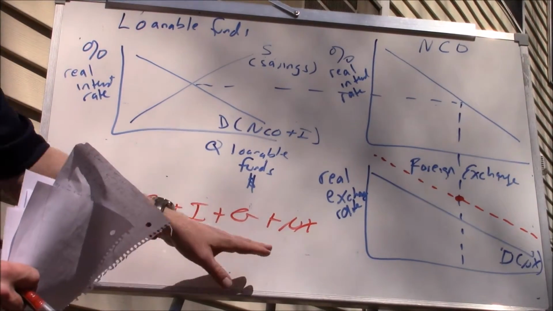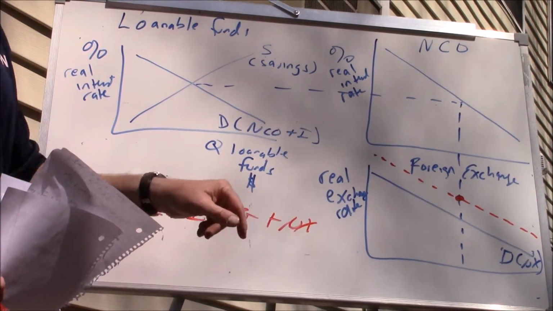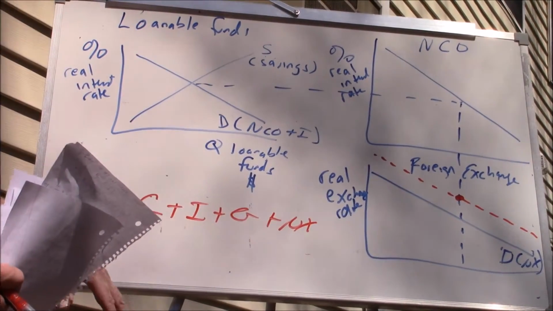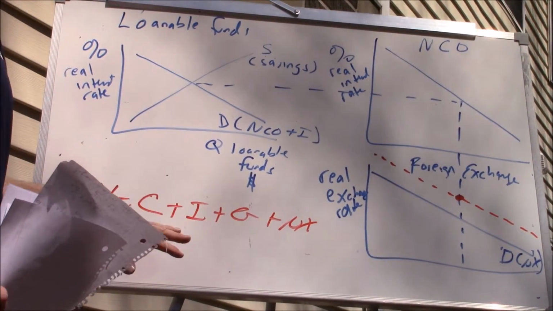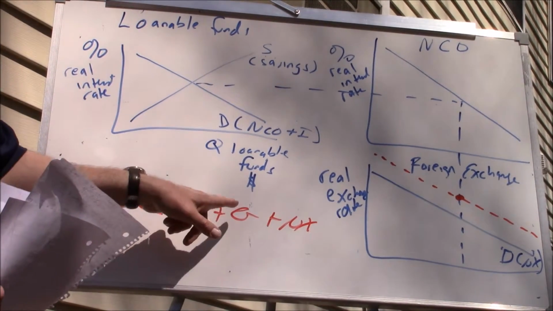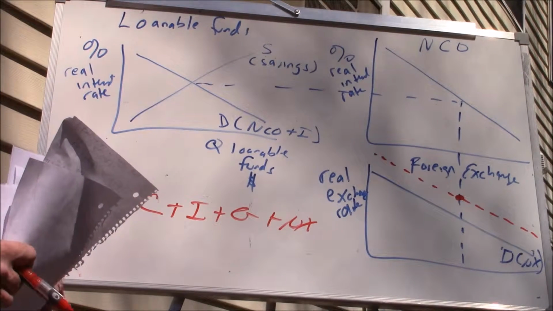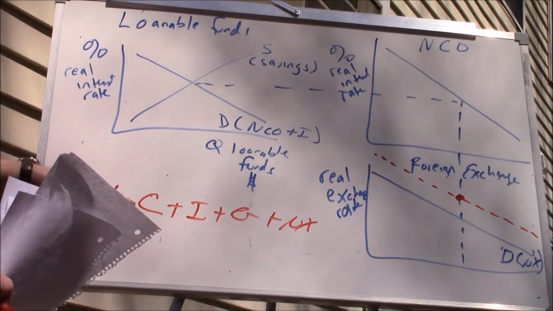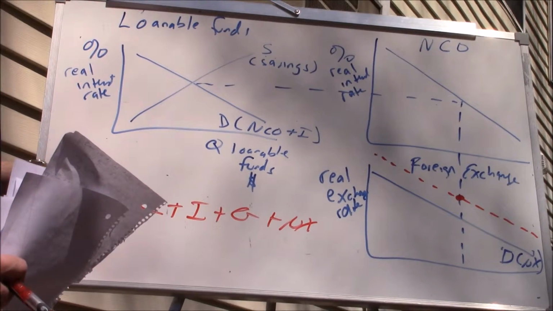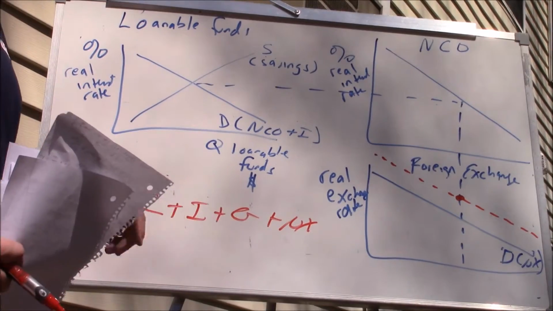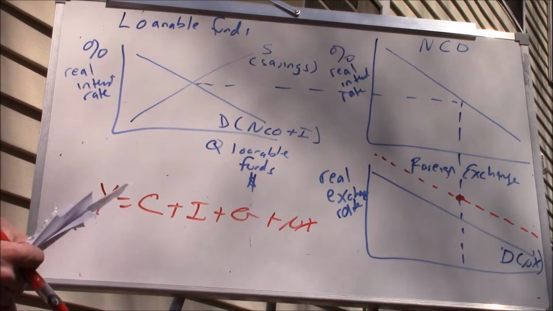So if we really want to change our trade deficit, the solution is not a quota or a tariff, but to do something about our savings, to increase savings, which means either some sort of reduction in consumption, maybe government purchase of goods and services, or personal consumption by raising taxes. If you raise taxes on people, they'll have less money to spend. And the government budget deficit will decrease.